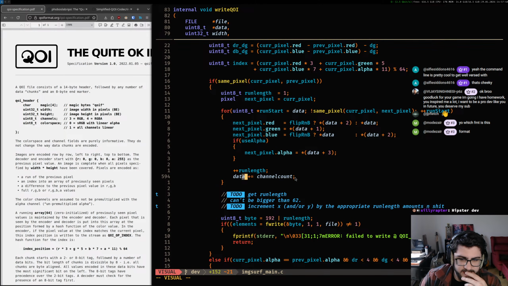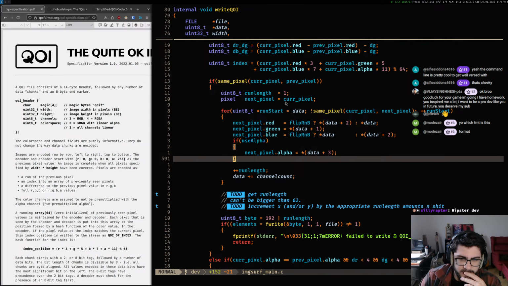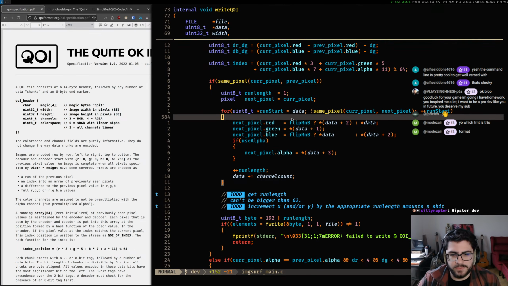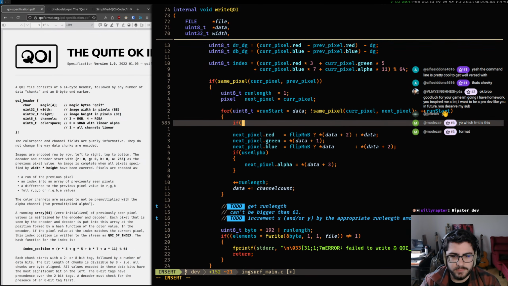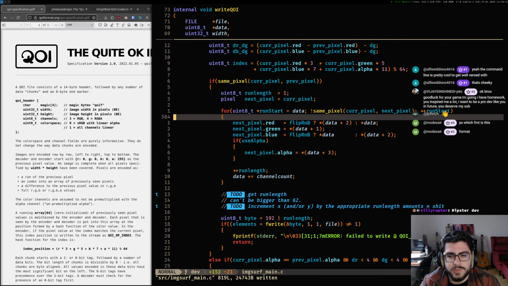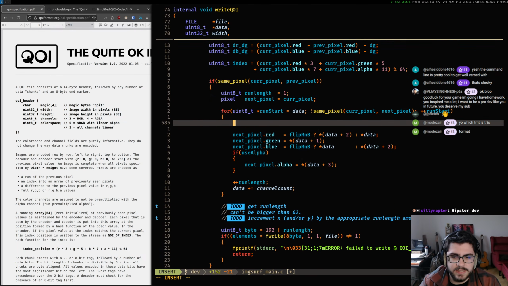But we just advanced data and we need to make sure that we're not reading garbage. So how do we make sure we're not reading garbage? This is annoying here, but I guess